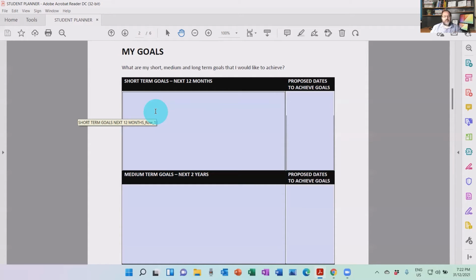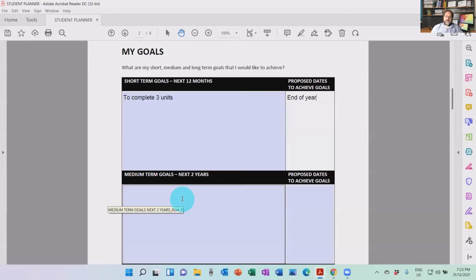So let's say, for example, a short-term goal could be something in reference to the actual studies that you're undertaking. So it could be to complete, for example, 3 units by the end of the year, right? And so every time you look at this, this gives you an idea of what it is that you're trying to achieve. So, for example, if your course maybe runs for more than 12 months, your medium-term goal could be